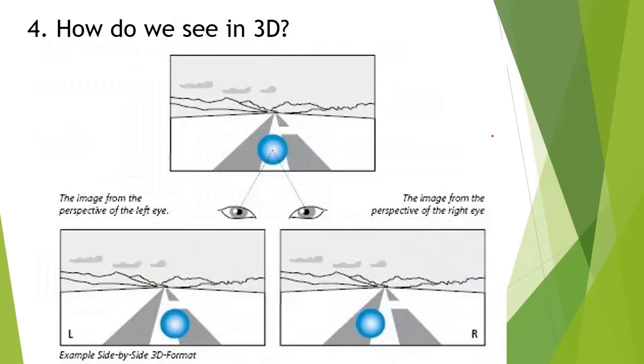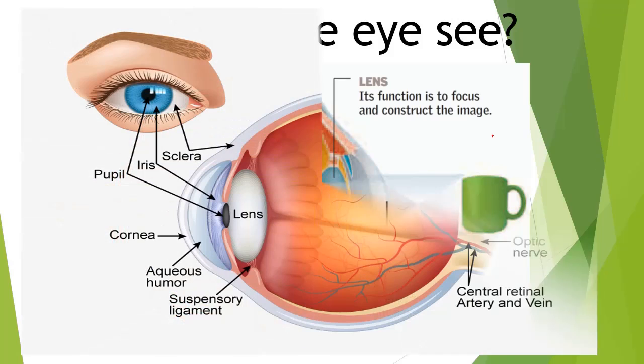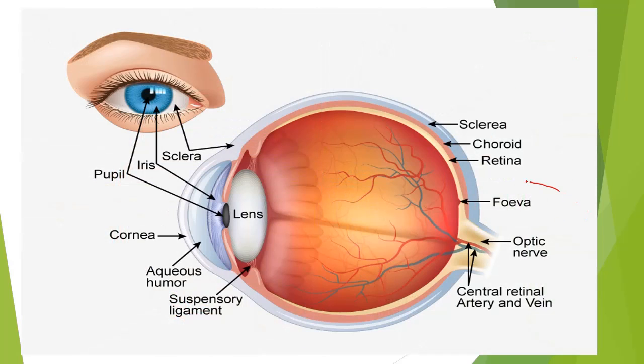I will show you in this image, just a second. Okay, here is this fovea, and here the cones are placed, and the rods are placed all over here. So whenever the image of an object is formed, it will form on this fovea. Okay, here the cones are, and they will recognize the color.